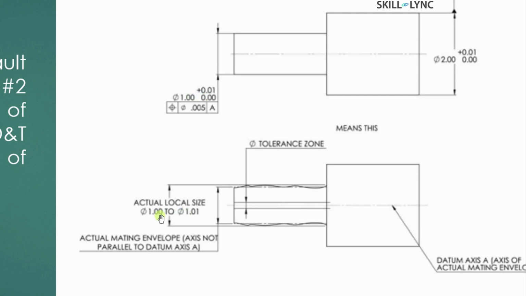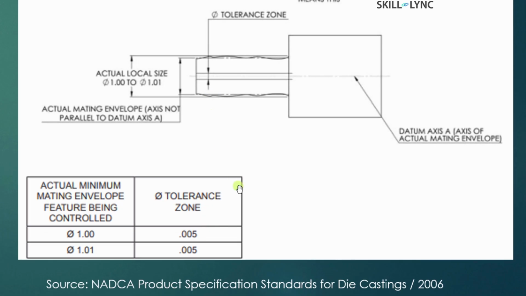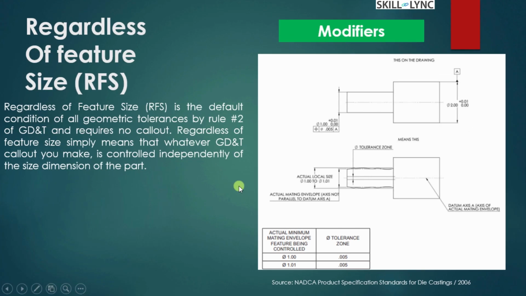So the actual size is going to vary from 1 to 1.01, and on this the tolerance zone is strictly applied. This is what we have seen in the earlier examples of your form tolerancing, because you do not have the datum references, so it is strictly applied to the size of the dimension without any independent